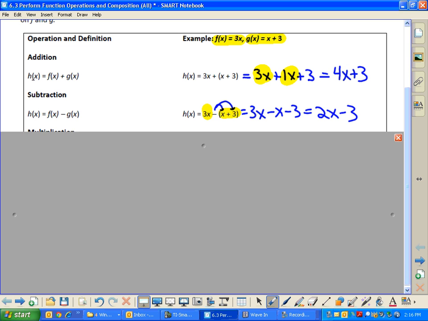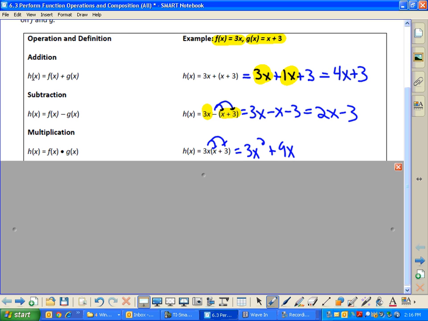And then multiplication. Sometimes we FOIL, sometimes we use the distributive property, but here if we were asked to multiply f of x and g of x, that's just as simple as doing, in this case, 3x times the quantity of x plus 3, and that's our distributive property there. You'll see that we distributed the 3x to the x and the 3x to the 3,